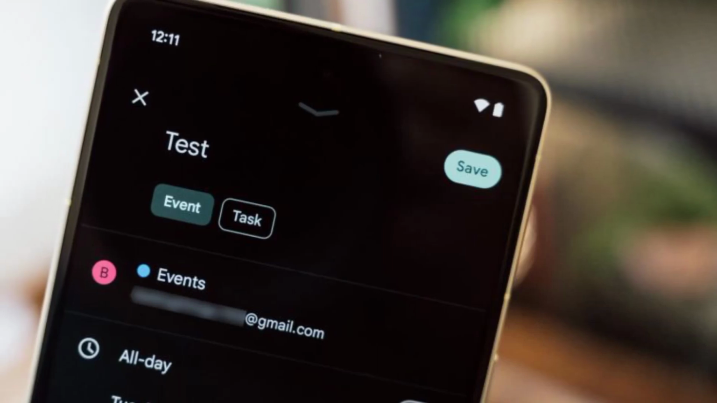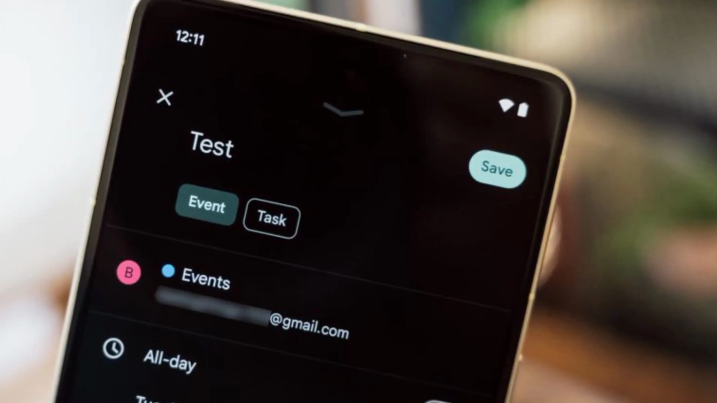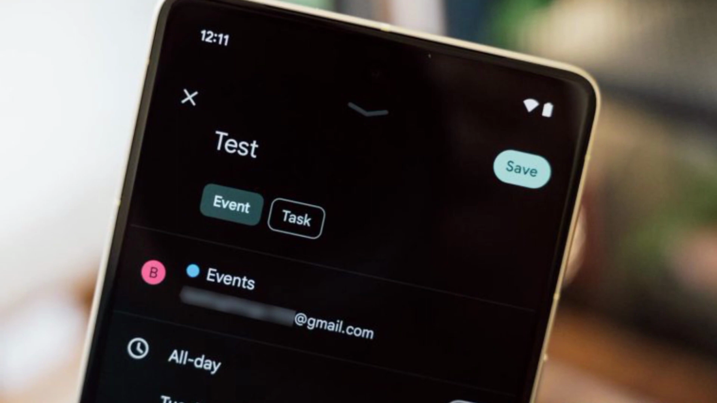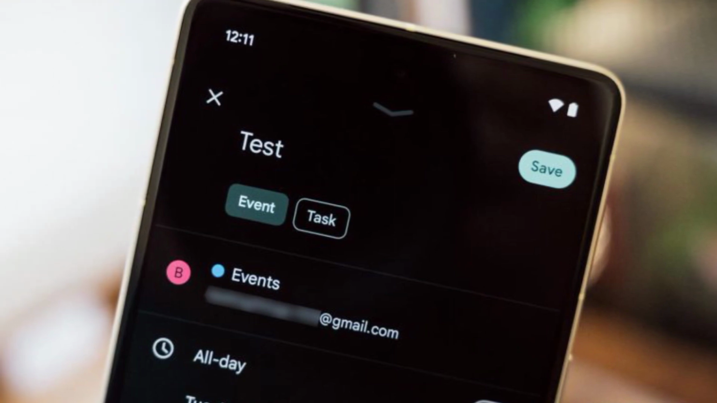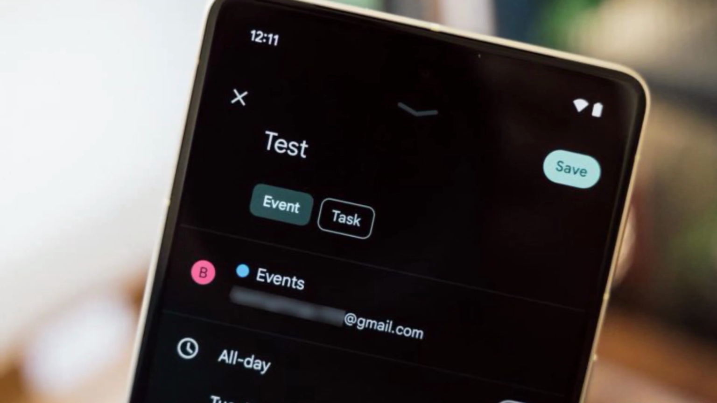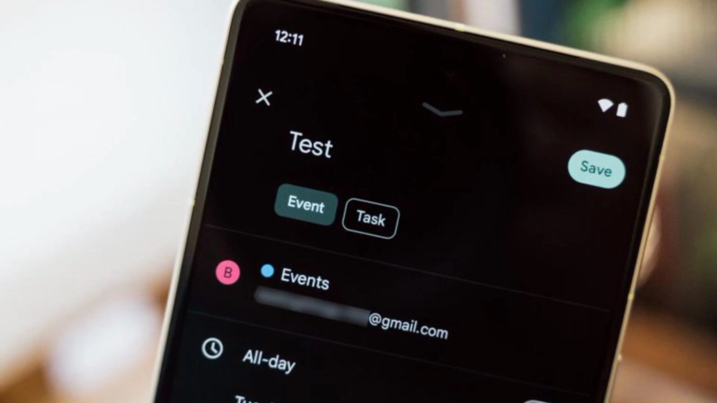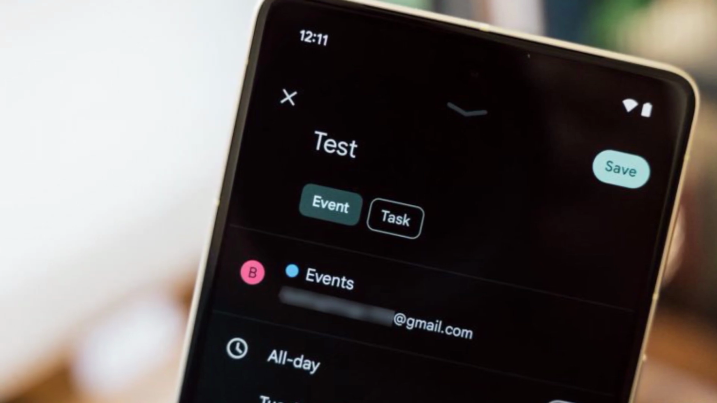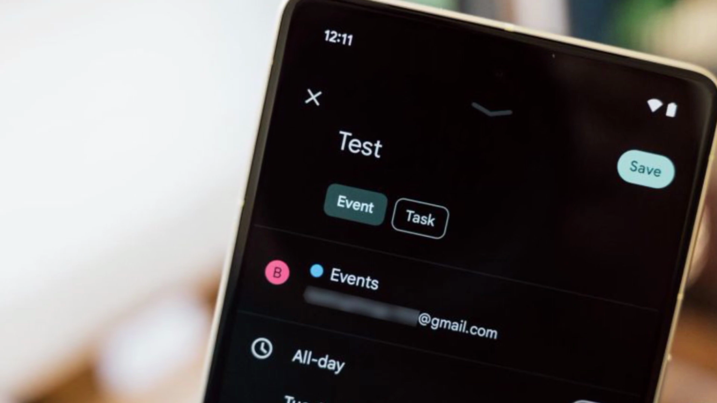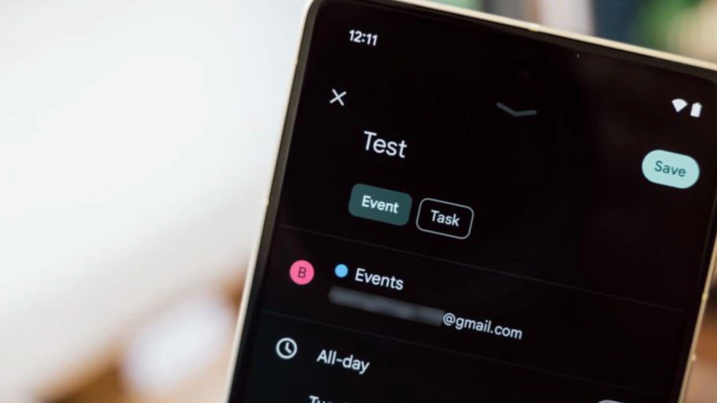For many, Google Calendar is an essential app for keeping track of events and ongoing tasks, but the app currently makes it a little more complicated than it needs to be to create a task. Soon, though, that's set to change in the Android app. Behind the scenes of the latest Google Calendar for Android update,